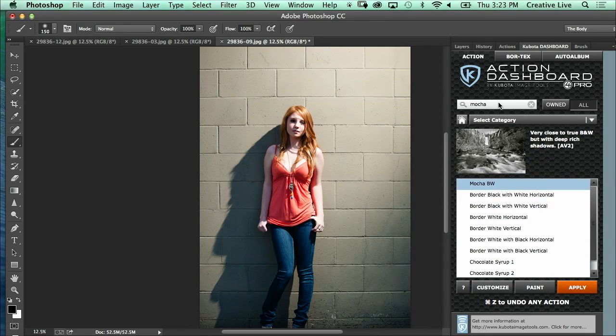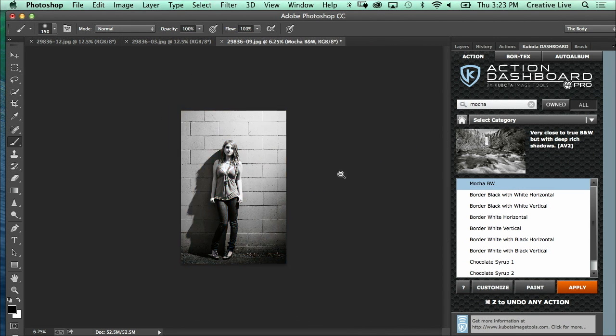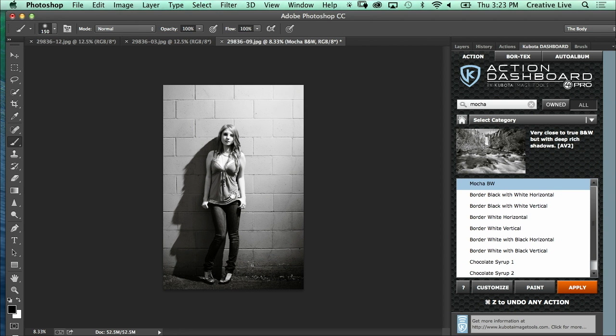So with this one, I really like that mocha black and white. I thought that looked good. So I'm gonna go in, click mocha black and white, and run it. I like this image, but it's not perfect to me. It's a little bit boring. I like the lighting, I like the pose, but I wanna add more to it, so I wanna add a